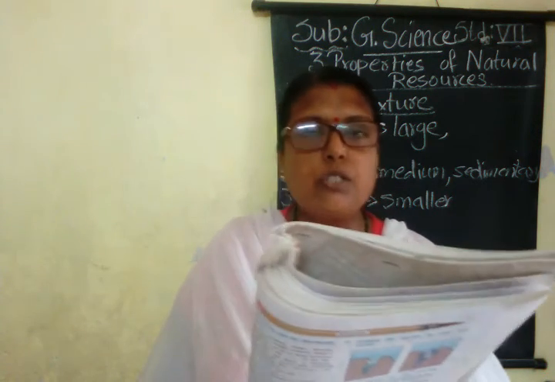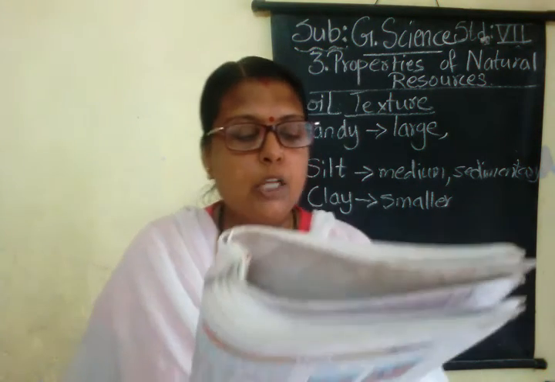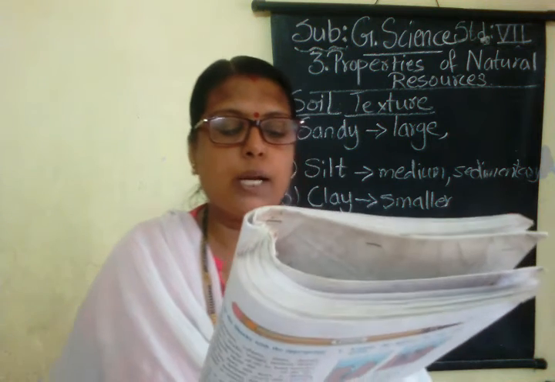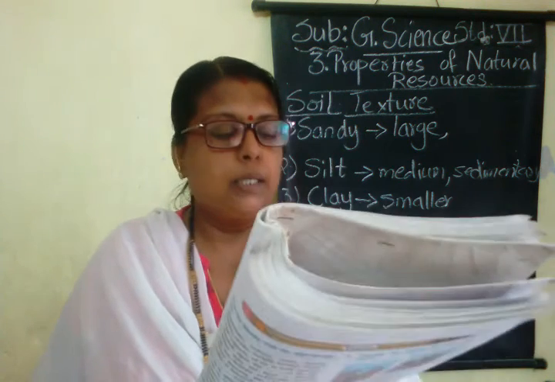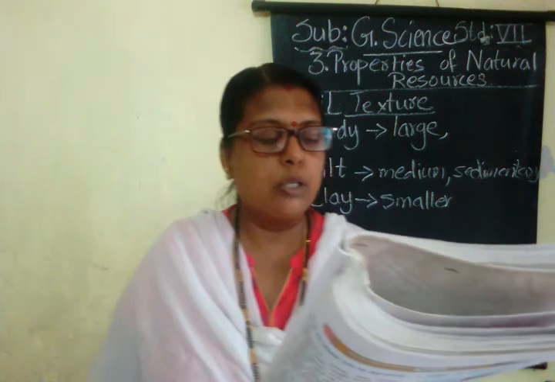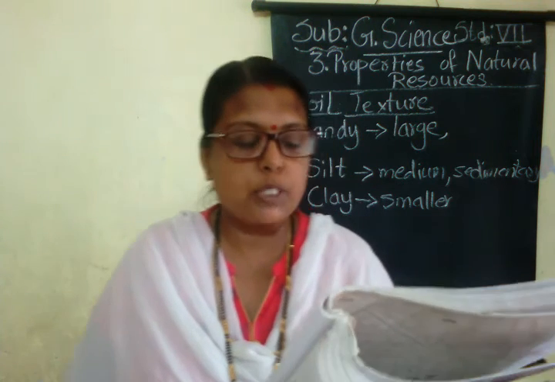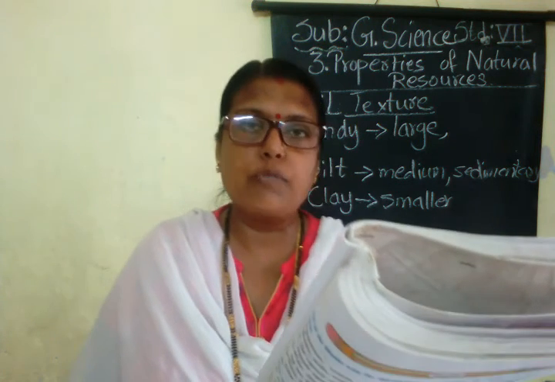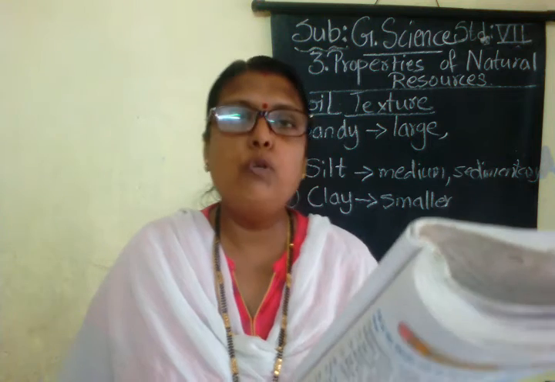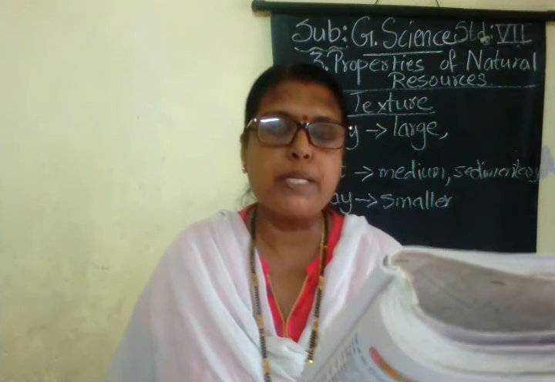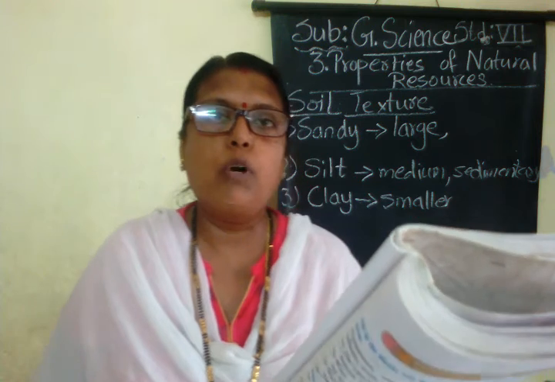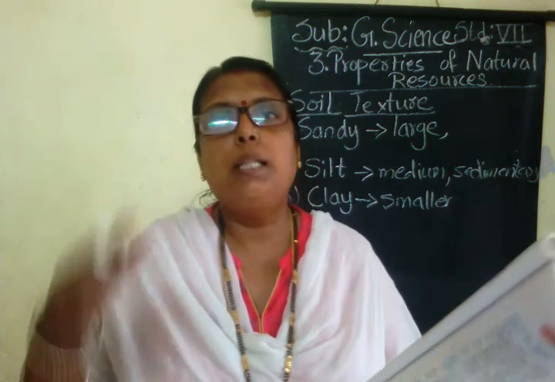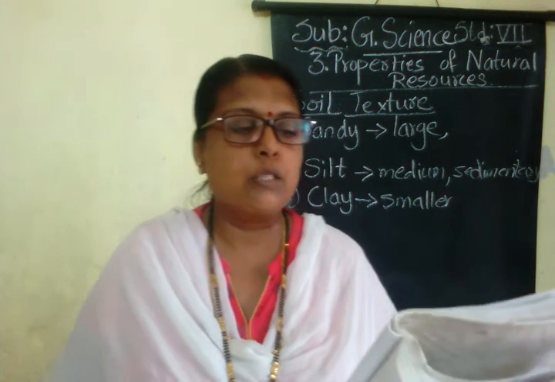Causes of diminished soil fertility. Soil pH less than 6 or higher than 8. Low proportion of organic matter. No proper drainage of water. Repeated cultivation of the same crop. Continuous use of saline water. Excessive use of chemical fertilizer and pesticides. All these are factors which are responsible for diminished fertility, means low proportion of fertility in the soil.